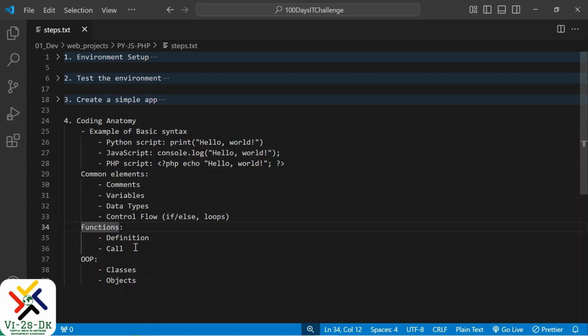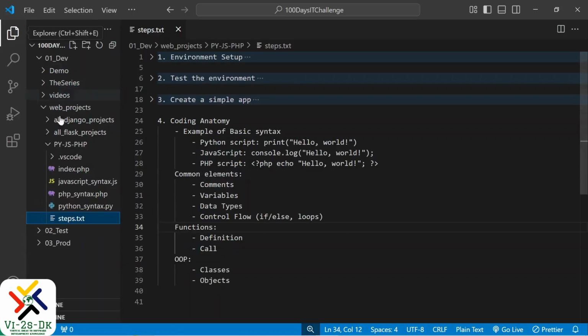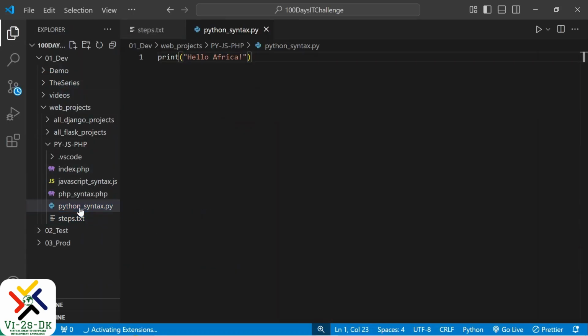So this all ties in with the programming paradigms which we discussed earlier. If you need to be clear on that, again, check out the video on programming paradigms. It's very straightforward, down to earth, and you'll be able to understand how these are all related with Python, JavaScript, and PHP. So let's dive into some of the code, starting with our